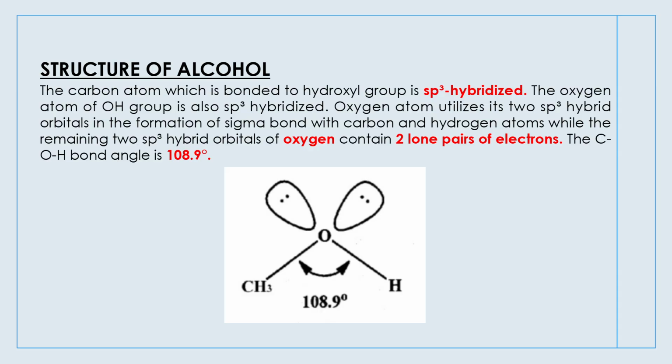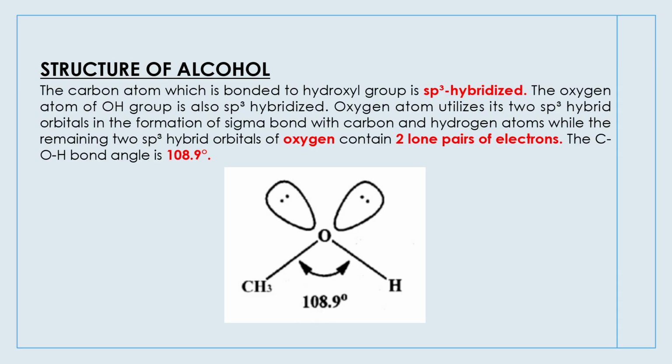Oxygen has two lone pairs of electrons, which makes the bond angle 108.9 degrees. The oxygen atom will be utilized in the formation of the sigma bond with the carbon as well as the hydrogen atoms. This is the structure of methanol, and if you get this question in your board examinations, you can simply write down the hybridization, the number of lone pairs, sigma bonds that are formed, the geometry, the bond angle, and